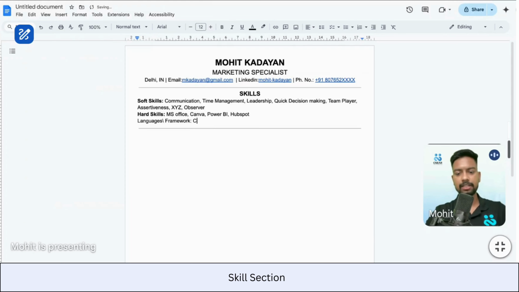For languages, let us say you know C++, Python, Java, JavaScript, whatever they are. You can just simply put your languages, frameworks, tools, whatever they are going to be for tech. As simple as that. So what I'll do, I'll just bold it. Proceeding further, once we are done with the hard skills section, now it's time for us to let people know